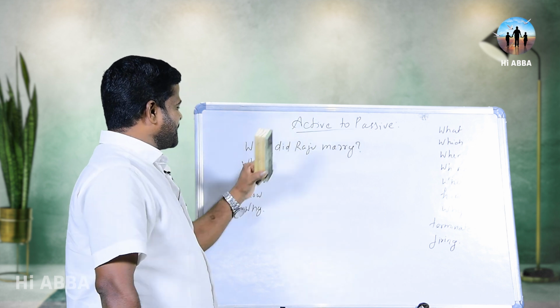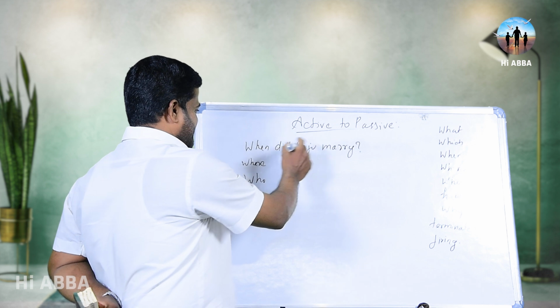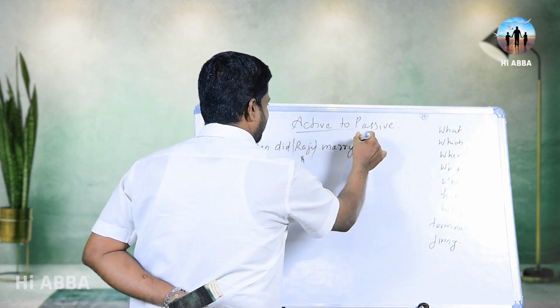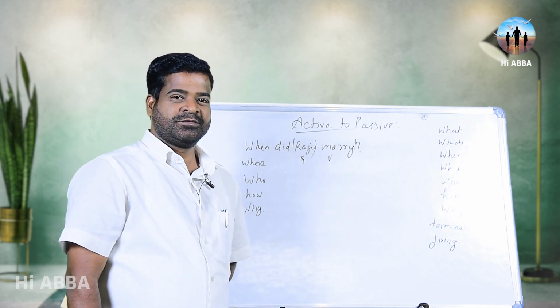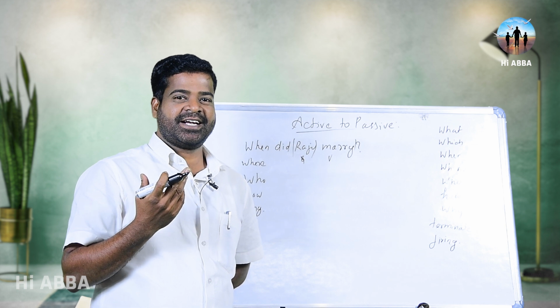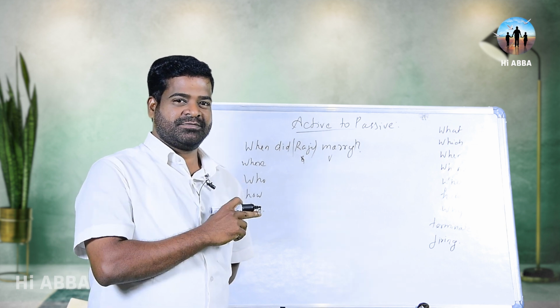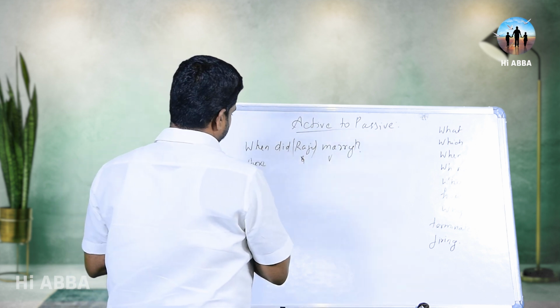So now you see this sentence, when did Raju marry? There is a subject. There is a verb. There is no object at all. So we will have to assume, we will have to create an object, as well as a wife for Raju. That is quite interesting here. So how will we write this one? So my dear friends,